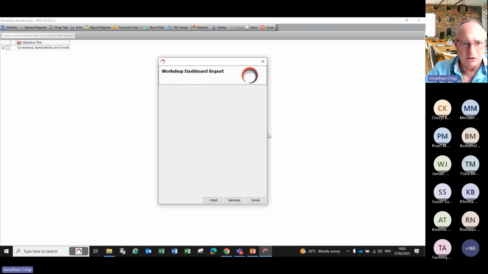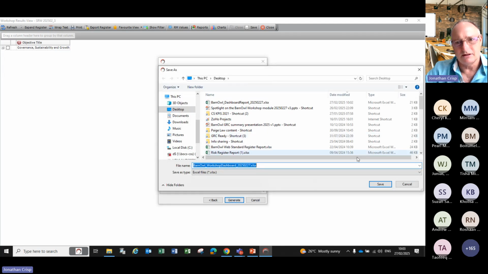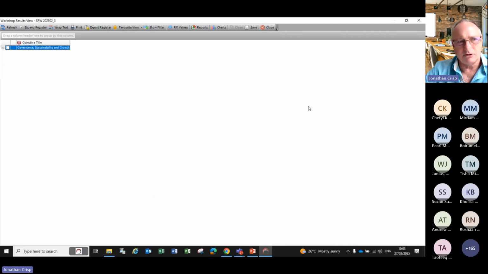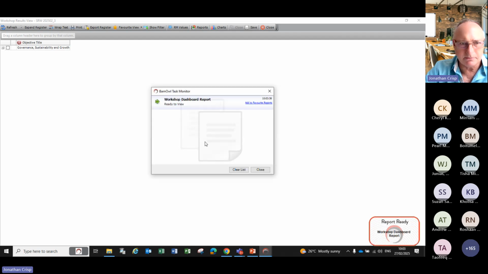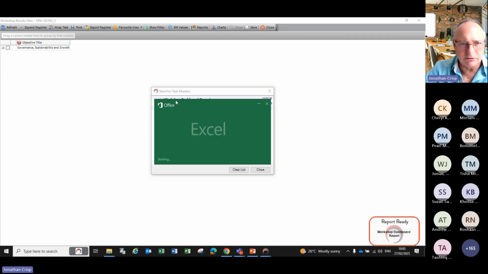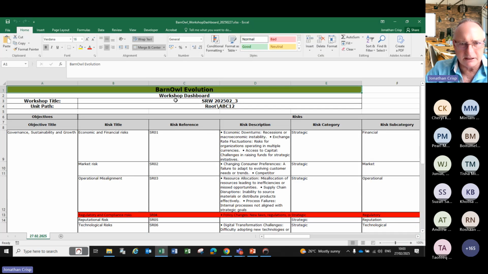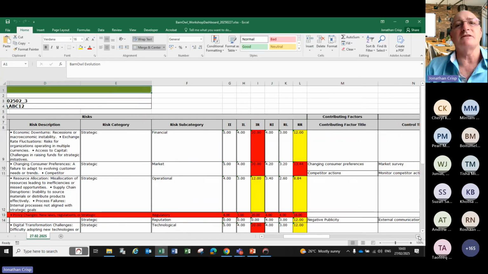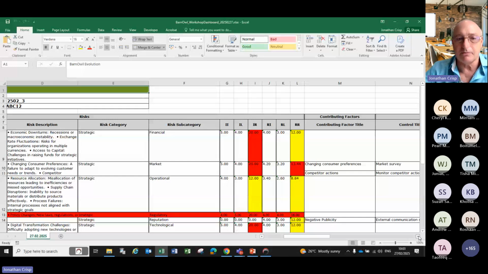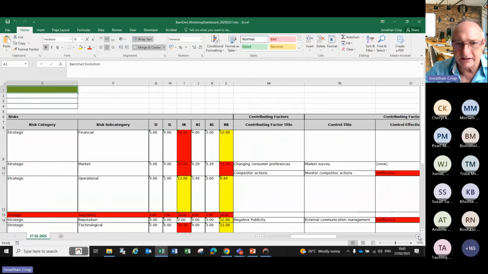It'll tell you what it's doing. Generate, save. This was almost like the workshop. It's pretty useful, but it's going to show you. I just want to try and move this so it stops getting in the way. But it's really showing me the objective, the risk reference. It's actually showing me the fields that were included in the workshop: the inherent rating, the residual rating, the contributing